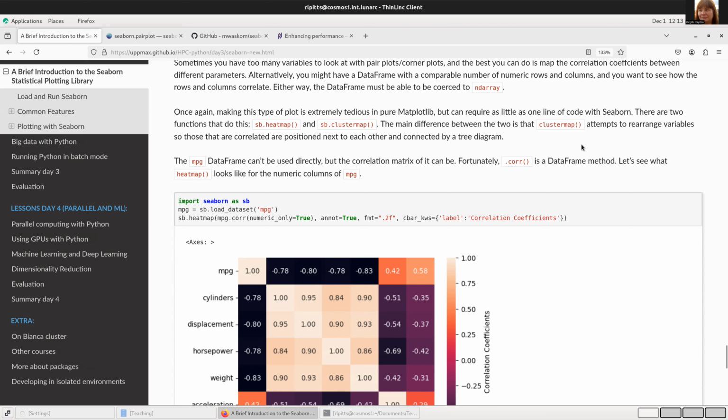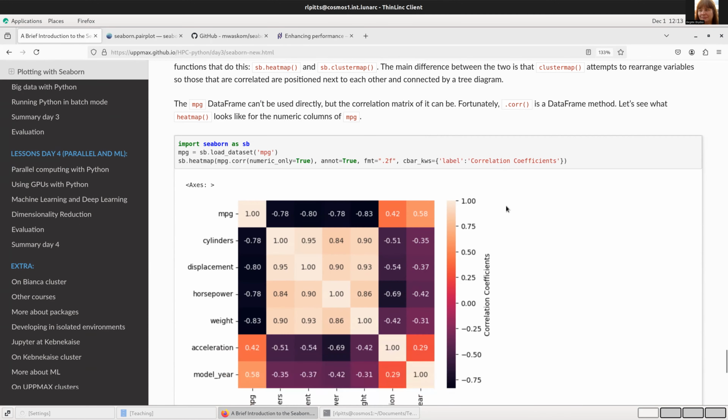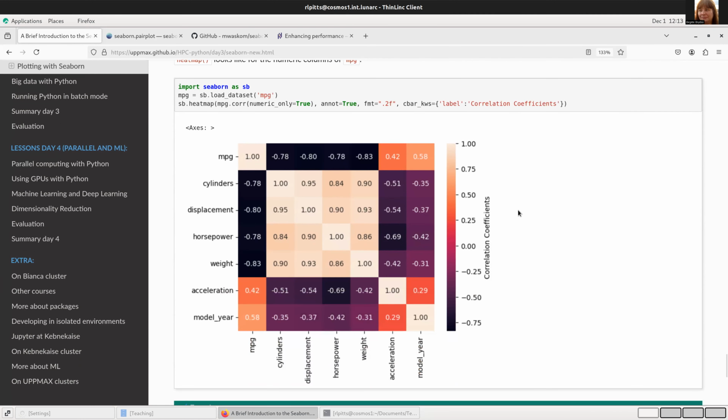The main difference is that clustermap attempts to rearrange the variables so that the ones that are correlated are positioned next to each other and connected by a tree diagram. So here's an example. And the last exercise prompt is to take this code and modify it so that it produces a cluster map. So I am going to just straight up copy this,